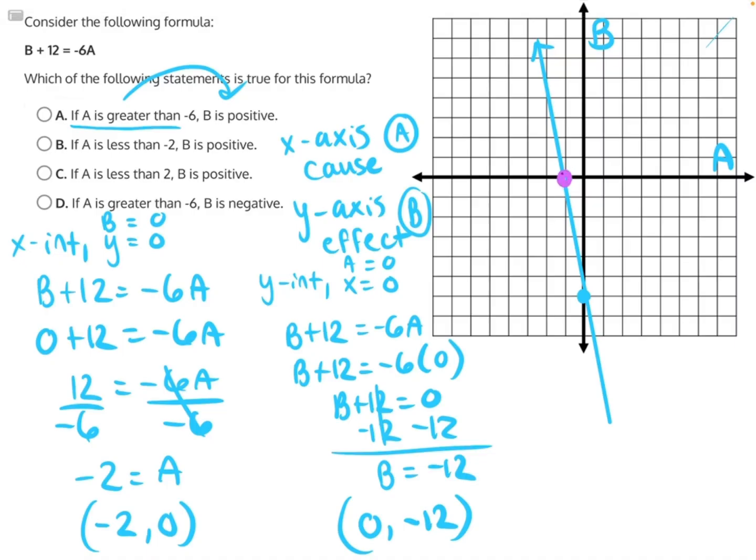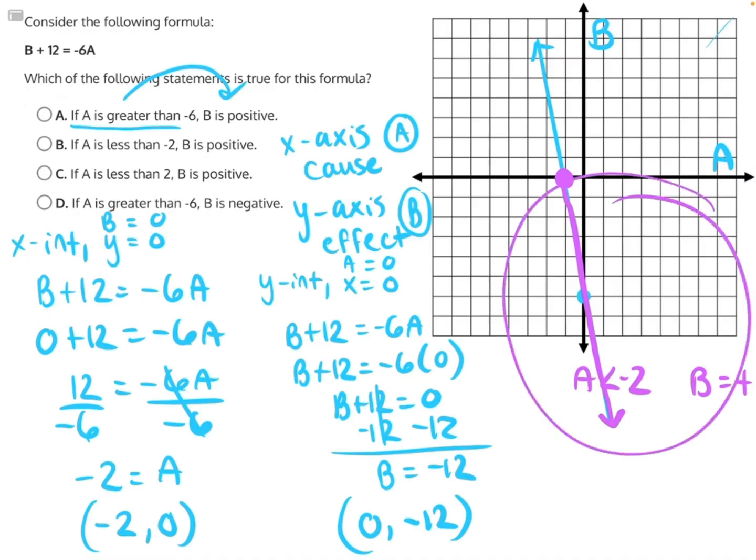If we start with our x-intercept and we look to the left of our intercept, or everything that's less than a equals negative 2, all of these b values or y values are going to be positive. So let's write a statement that says when a is less than negative 2, b is positive. And then on the other side, when we have all of the values that are greater than a equals negative 2, we have nothing but negative b values that are below the x-axis. So we can say when a is greater than negative 2, b is negative,